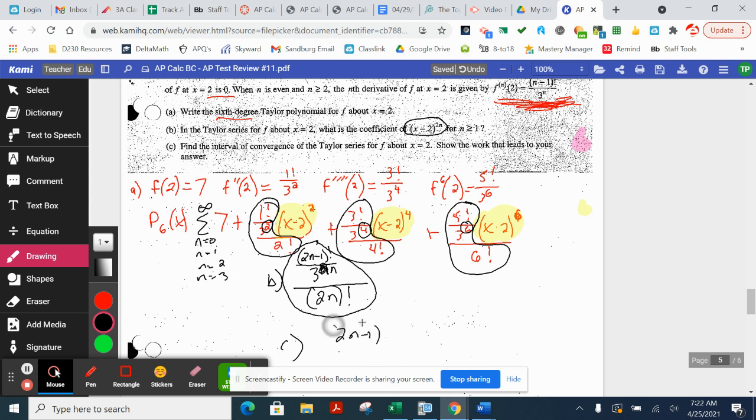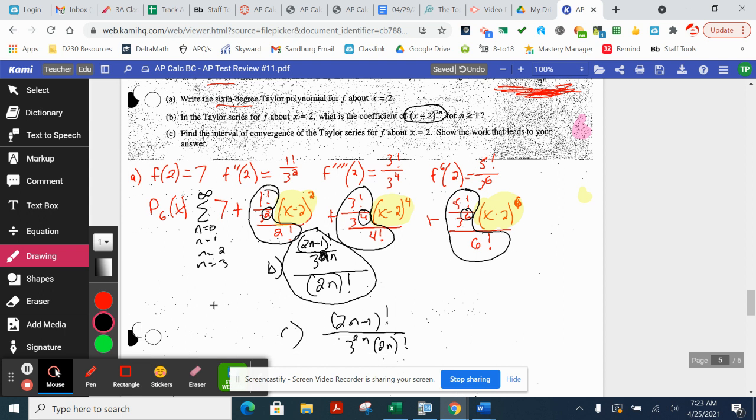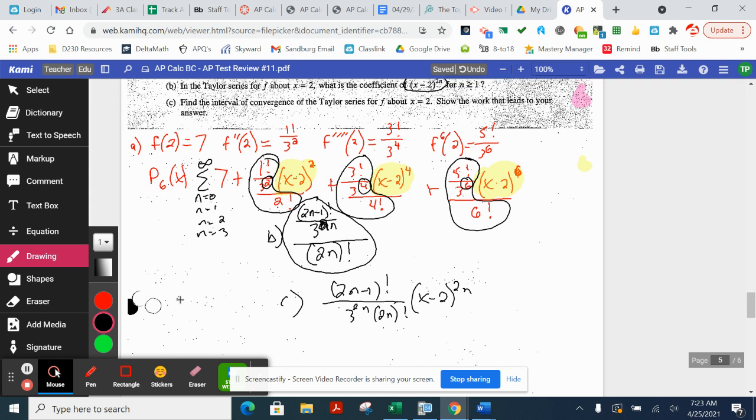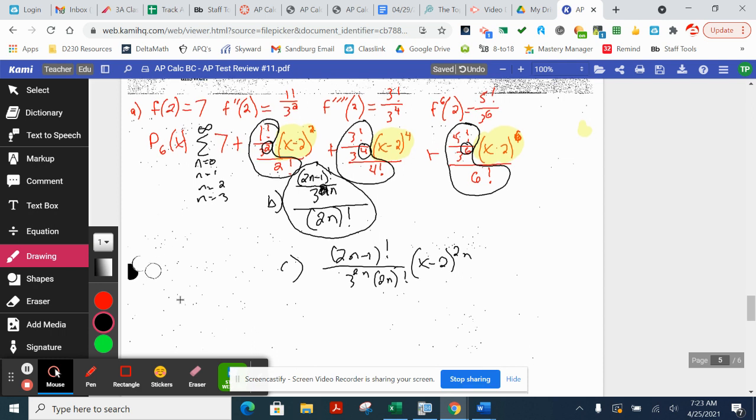So let me go ahead. This is the 2n minus a 1 factorial, 3 to the 2n, and then the 2n factorial. That's just the derivative part. And then you'd still have this x minus 2 to the 2n. That's what you're going to do the interval of convergence with. A lot going on there. A lot of n plus 1s, a lot of factorials, a lot of things to clean up there. But what you should ultimately get to